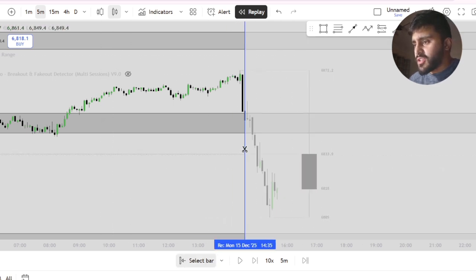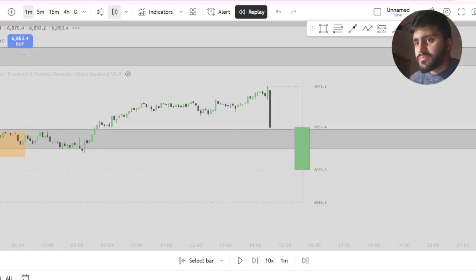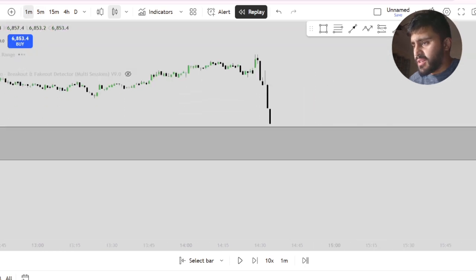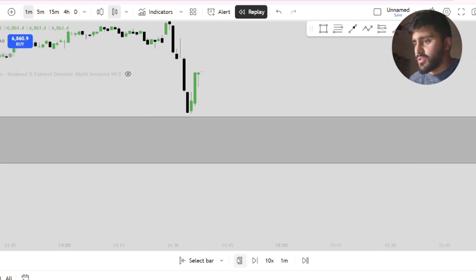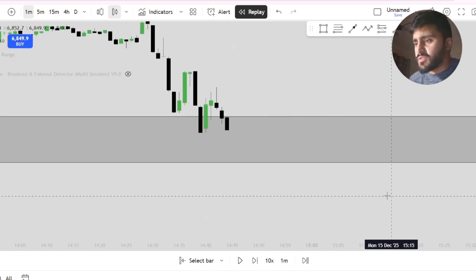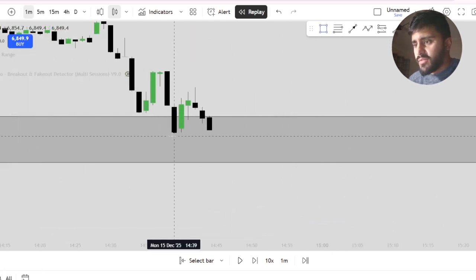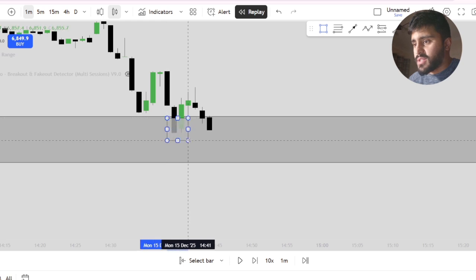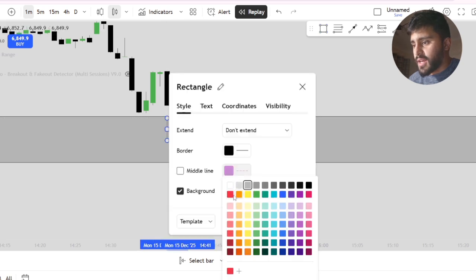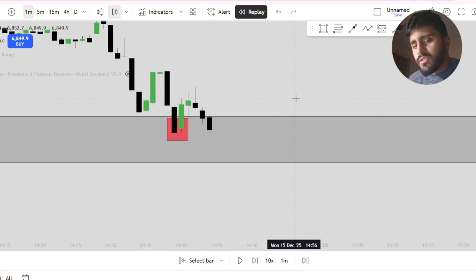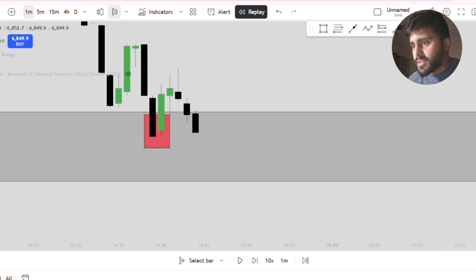But just going back to the actual execution, let's break it down. So we're above the weekly opening price, and we're coming into this zone, and this is where the order flow becomes very important. So the first thing is, this is the first tap. So we have our first tap at 9:39, 9:40. I'm never trading this first tap. So I'm going to put it in red. I'm never trading the first tap. That's important to understand. Now, once we have our second tap into the zone like this, we can either have a